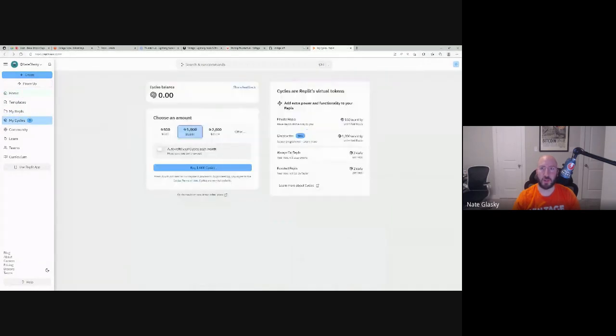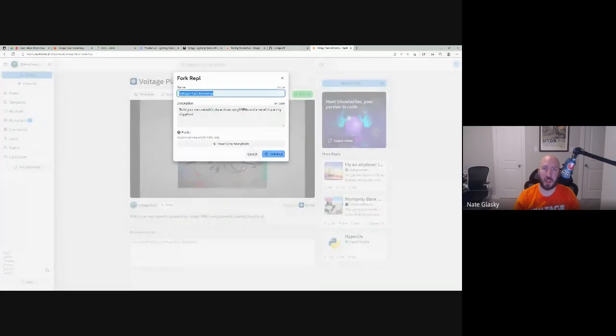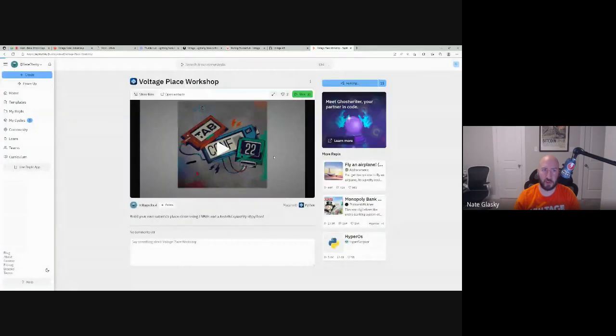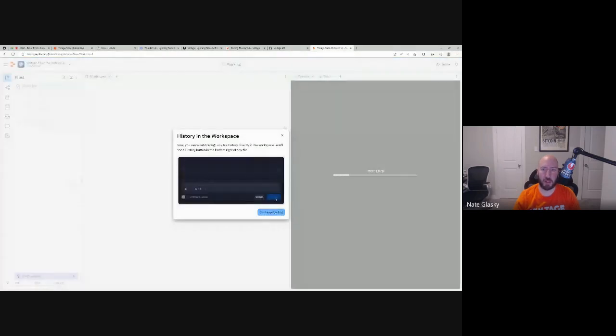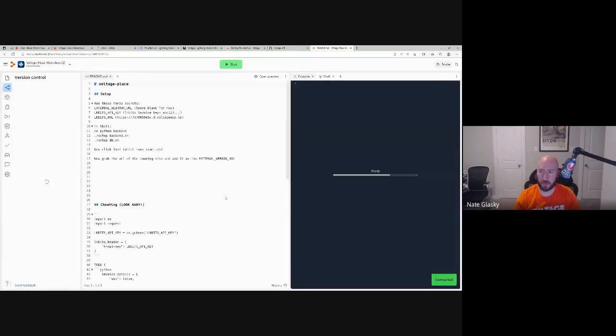So what you do is you would fork up here, and then you can call it whatever you want, and after you fork it, it'll give you access to all the backend code and stuff, so you can kind of see how it works.